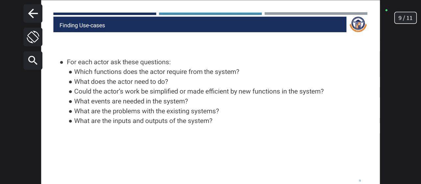So for finding a use case also, we ask questions like what functions are needed, what tasks are performed, what problems exist, and what improvements are required. Something like that, it may be described based on the use case. So this helps us list all the required system features. Finding correct use cases ensures system completeness and reduces rework. So the next one is